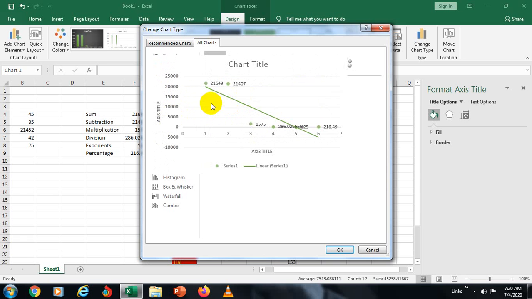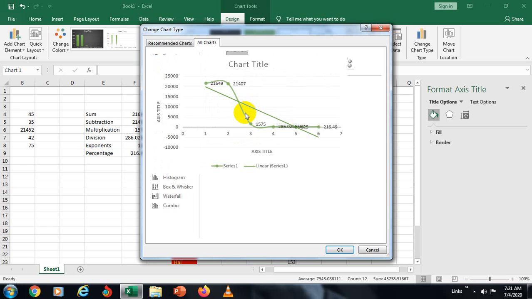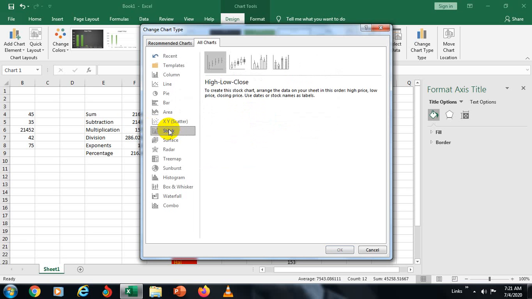As we know, you might have seen x axis, y axis, like when you're watching any cricket channel, they show the graph of batsman, bowler, strike rate, average of taking wickets. Stock, surface.